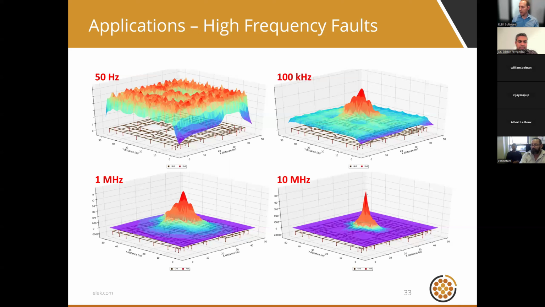An earthing system behaves very differently depending on the frequency. At 50 hertz power system frequency, you can see ground surface voltages quite uniform. At high frequency, that most likely would be lightning currents, the voltages are actually much higher, but they're more contained within a smaller area. The behavior, the profiles, the performance is very much different at different frequencies of currents.